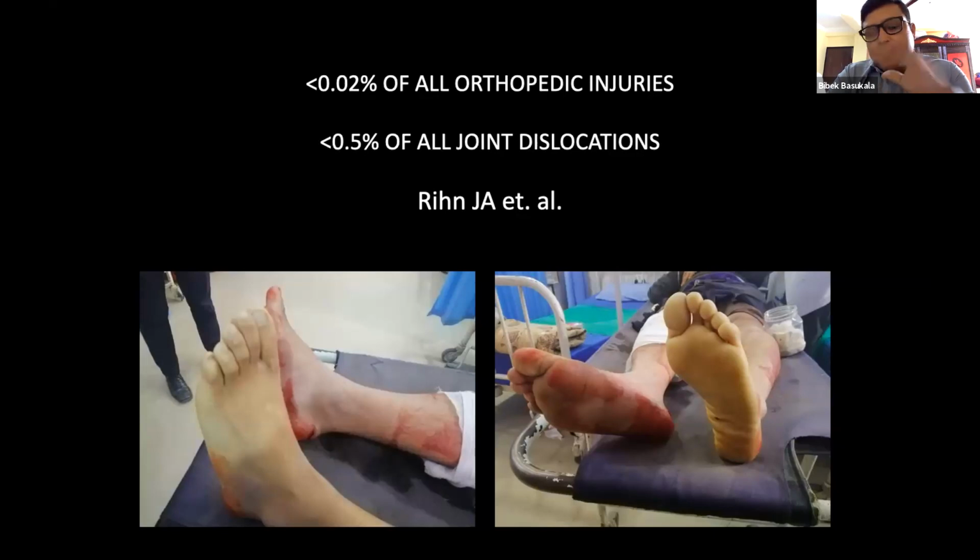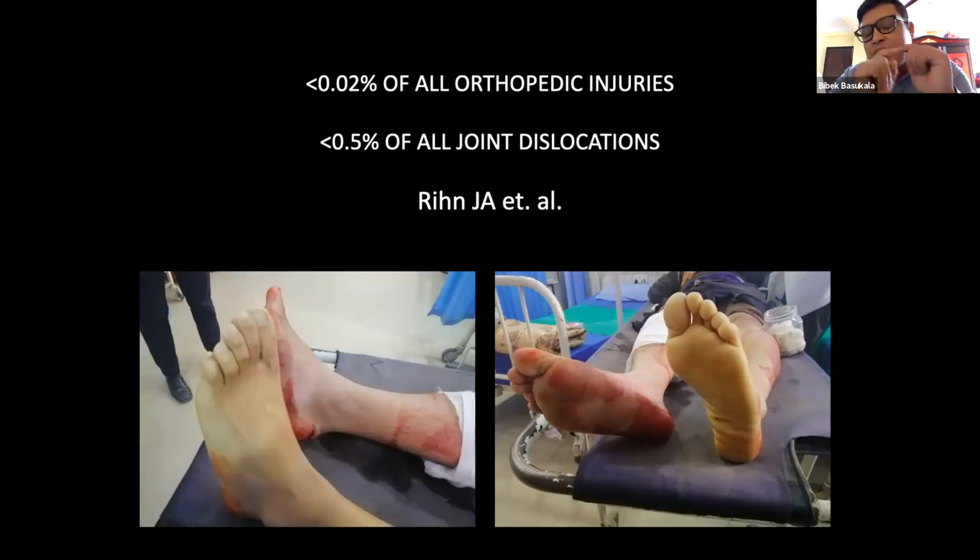So I thought it might be a spontaneously reduced knee dislocation, and I examined that knee. It was unstable in all planes. So it was a case of spontaneously reduced knee dislocation and was neglected because there was no external injury. Many of our participants here are general orthopedic surgeons who regularly deal with these types of injuries, and